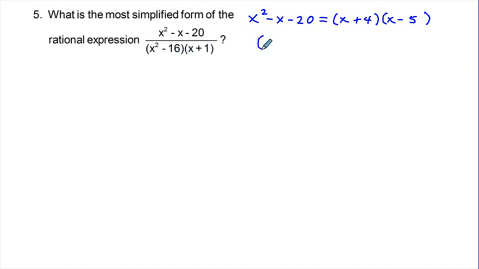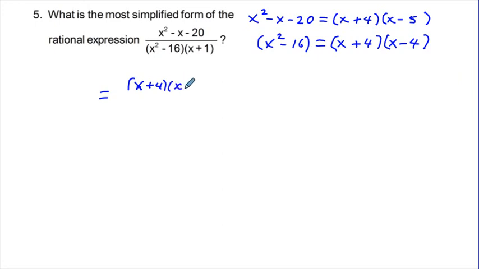Let's take this quantity x squared minus 16, and what we have here is a difference of squares. So for difference of squares, we have the square root of x squared, which is x and x, and we have plus, minus, and what is the square root of 16? 4. So 4, 4. So now we can rewrite this whole expression with our rewritten numerator, quantity x plus 4